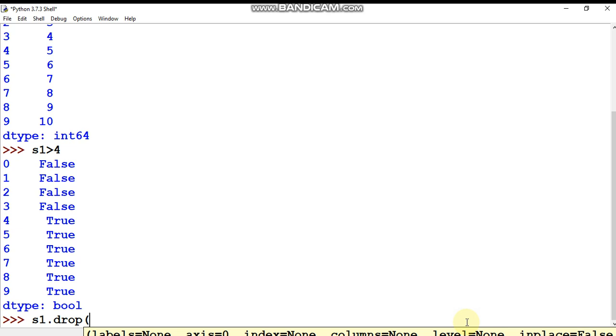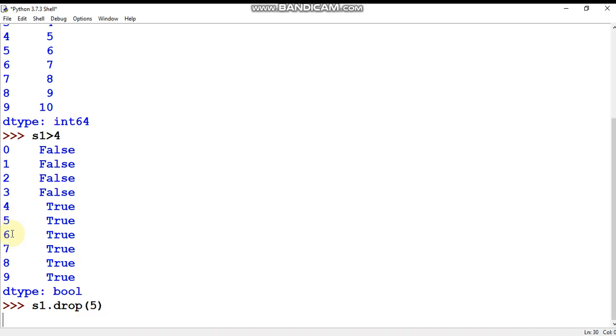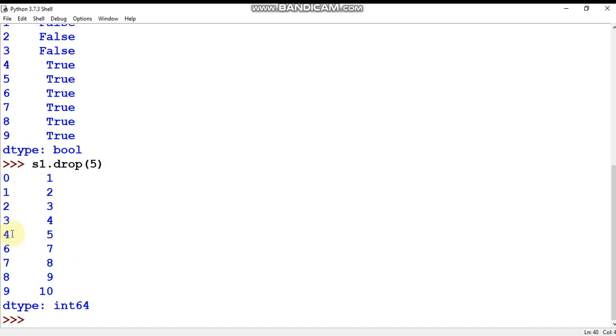Suppose I want to drop the element which is at index 5, so pass 5 there. Now see, index 5 is not here. So what was the value at index 5? Because indexing by default starts from 0, so 0 1 2 3 4, at index 5 the value is 6. So index 5 is not there, and the value 6 which was at index 5 is not here.